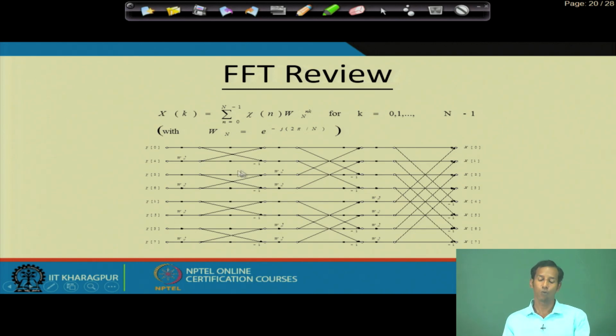Now, whenever we have to design this particular circuit, this is the flow of the data flow diagram of the fast Fourier transform. I have to convert this data flow diagram into some hardware implementation. So what will be the hardware structure to implement this particular data flow diagram of the fast Fourier transform,